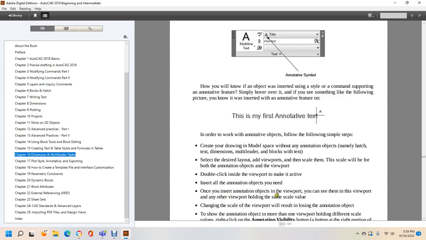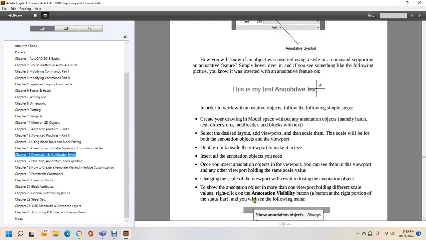Once you insert an annotation object in the viewport, you can see it in that viewport, and in any other viewport holding the same scale value. Changing the viewport scale will result in the loss of the annotation object. To show annotation objects in more than one viewport holding different scale values,